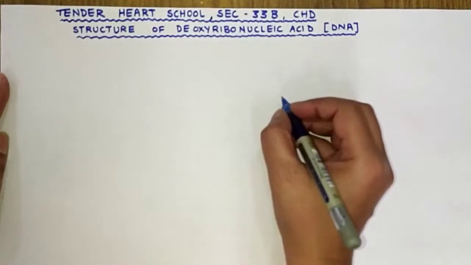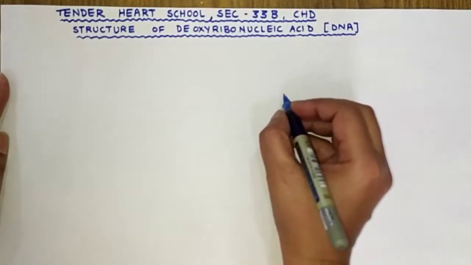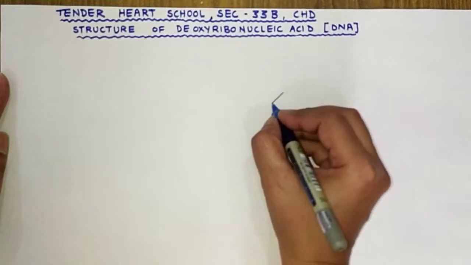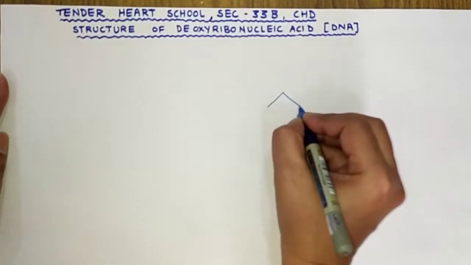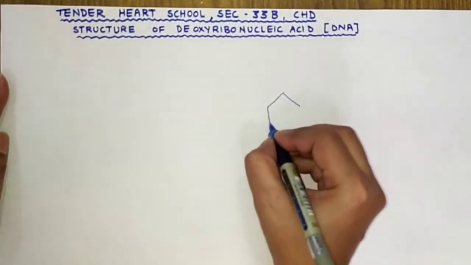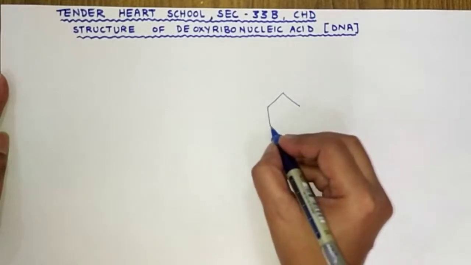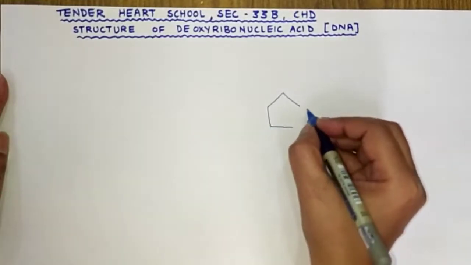Deoxyribonucleic acid, DNA, is a double helix structure. It is made up of small units called nucleotides. So let us just draw first the nucleotides. A nucleotide is made up of